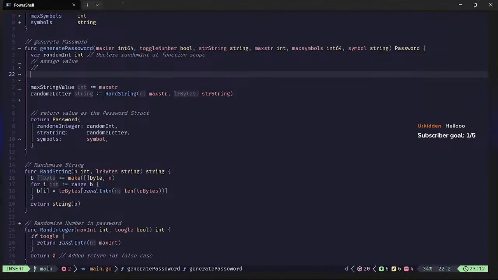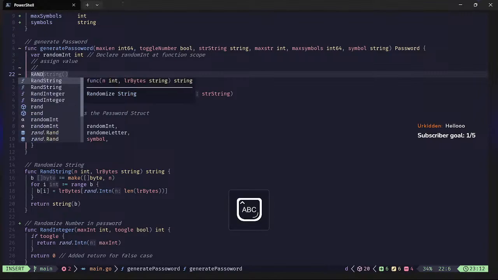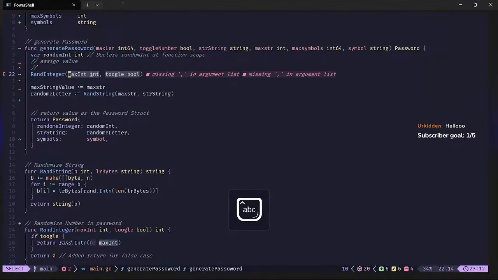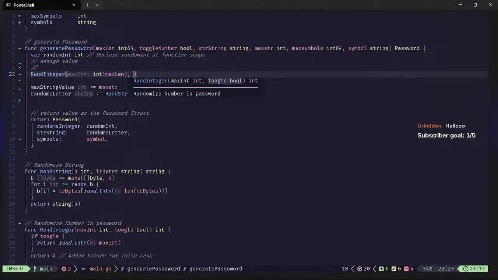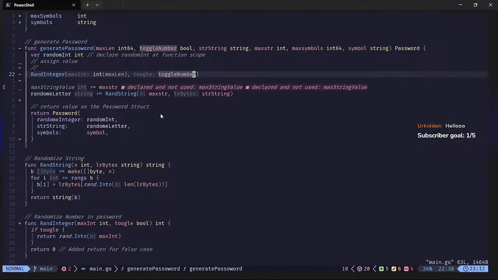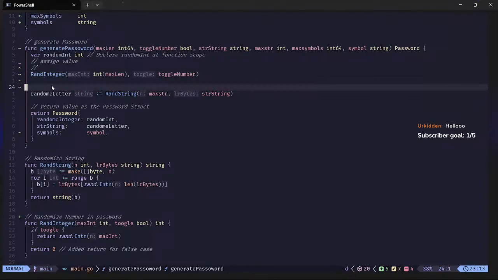I can just go run integer with the max name and the toggle number. And this is not using